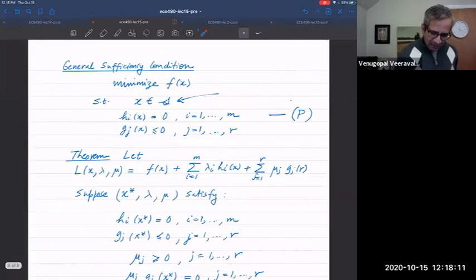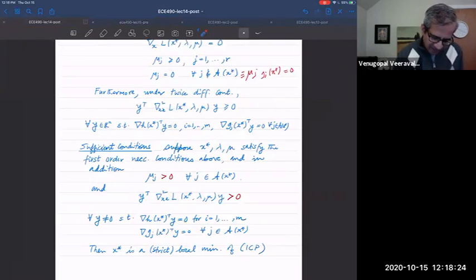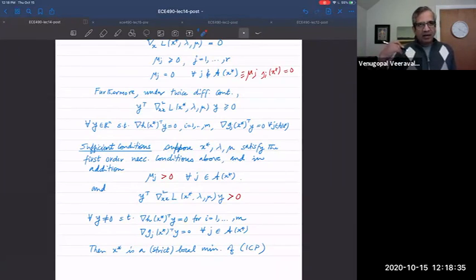Okay, one last thing before we go, because this is going to be on your homework assignment. We gave a sufficiency condition last class, remember this sufficiency condition? This one? This is for an optimization problem where you just have equality and inequality constraints. So there's actually a slightly more general version of the sufficiency condition,